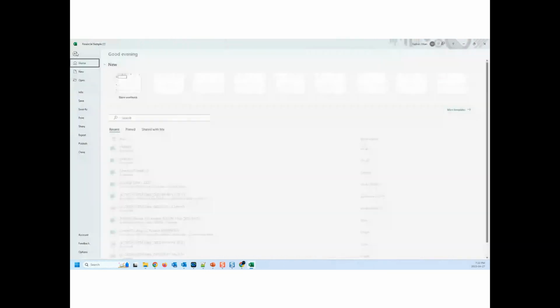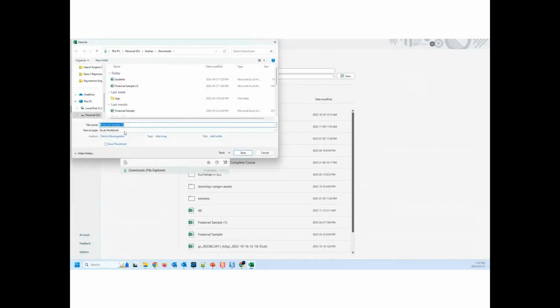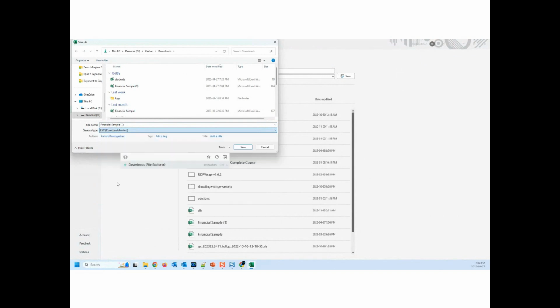If I save the file, Save As, Browse, and if I want to save it as a CSV file, I can actually save this data as a CSV file. So, Financial Sample as a CSV file. And the main part is that this comma delimited option has to be selected. And if I click save,